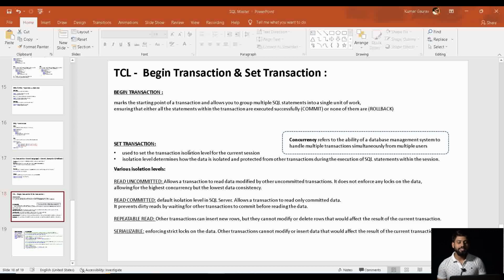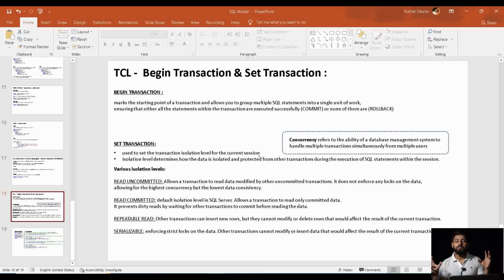Now set transaction is used to set the transaction isolation level for the current session. If you have a multi-user environment, suppose you have a particular database in your SQL server, and this database is accessed by multiple users. Definitely, if multiple users are accessing that database, there might be some tables which multiple users would be using at a particular moment. So suppose one user starts interacting with the data of table 1, and another user also starts interacting with the data of table 2, it might